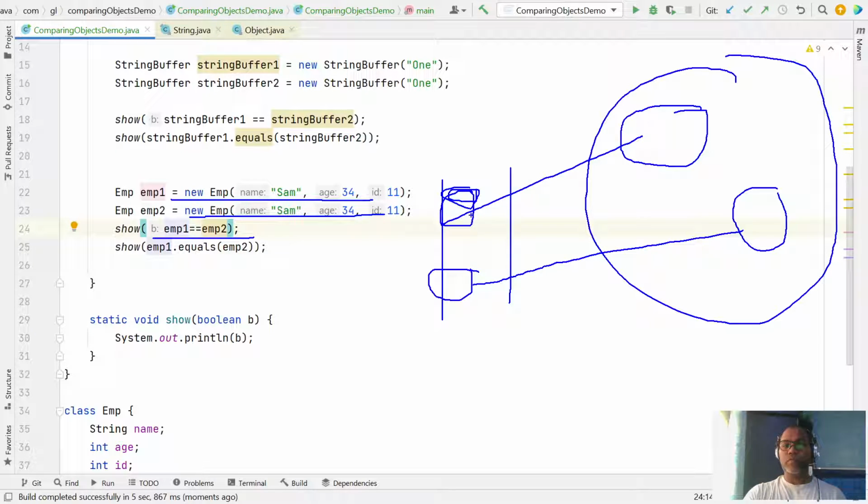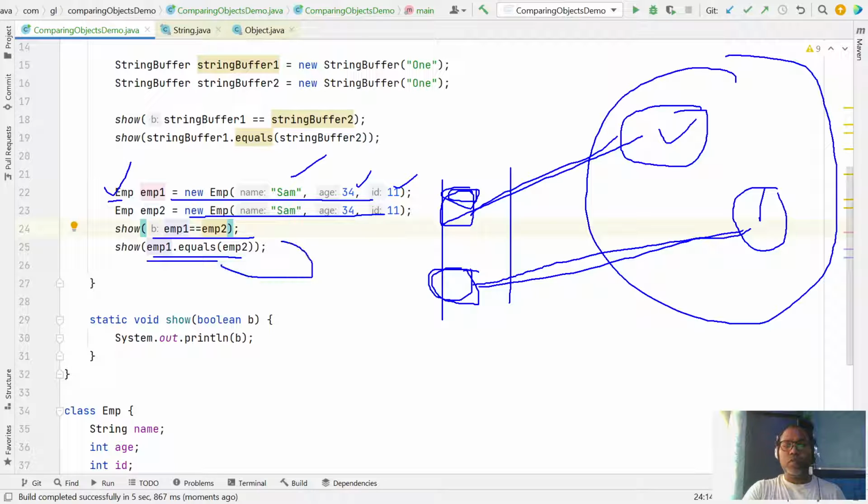This one refers to one object and that one refers to another object, so how can they be equal? They are not. But the equals method is meant to check the content. Here this is our own class Employee, and the JDK doesn't know what kind of equals method this Employee class has. We are not providing the equals method definition, so this method works the same as the equal operator.